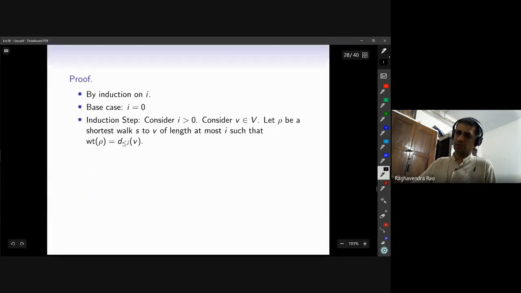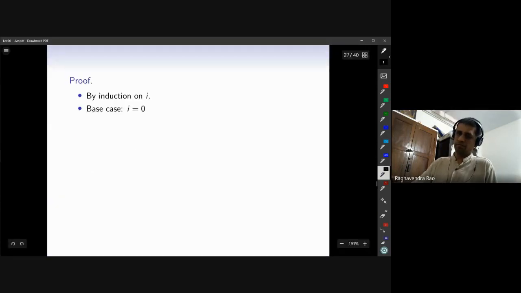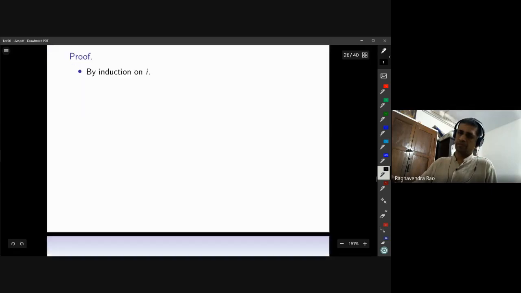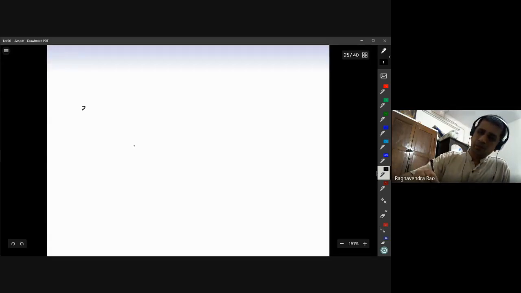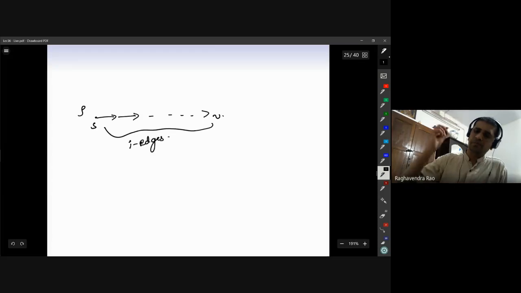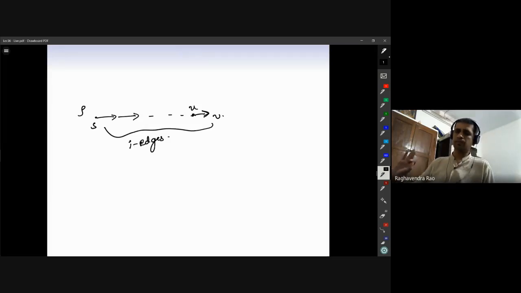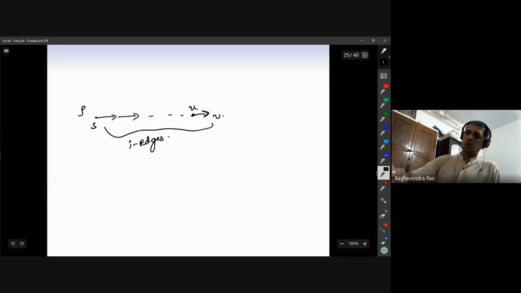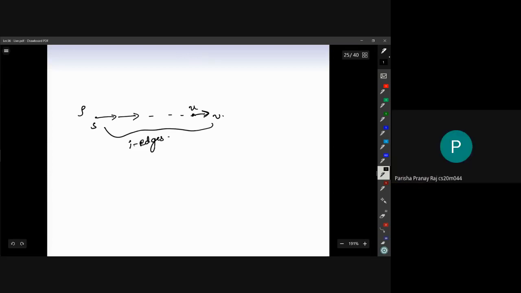Maybe I should have a picture. Let's consider rho, blah blah blah, and we end at V. The number of edges is i. Let's look at the last edge in this walk, which is from u. They might revisit vertices and so on. Now what we want to argue is